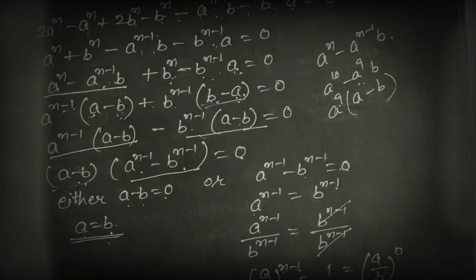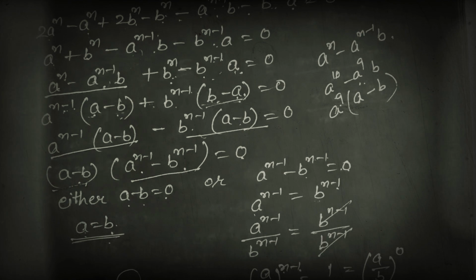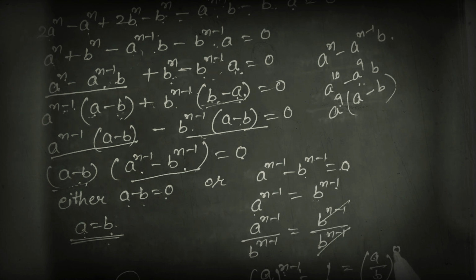Suppose in any question 2 raised to power n is equal to 1 and we want to find out n, then we can write 1 as 2 raised to power 0. 1 को हम क्या लिख सकते हैं, 2 रेज टू पावर 0. तो n क्या आ जाएगा, 0. सेम हेयर a अपॉन b रेज टू पावर n माइनस 1 इज इक्वल टू 1. इसको हम लिख सकते हैं a अपॉन b रेज टू पावर 0. इफ एनी वैल्यू पावर 0, दैट इज इक्वल टू 1.